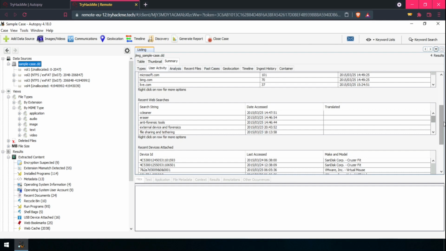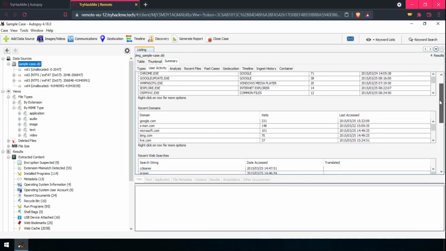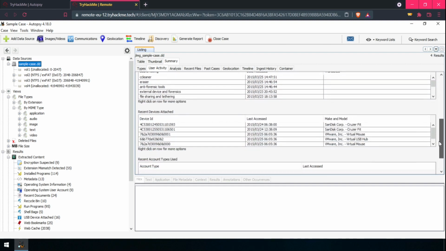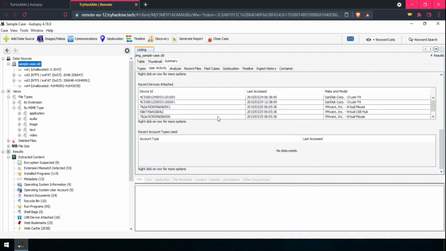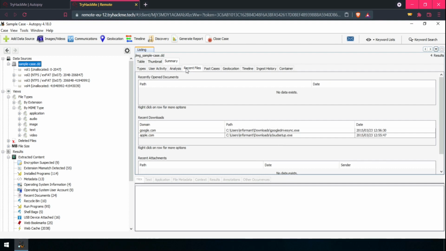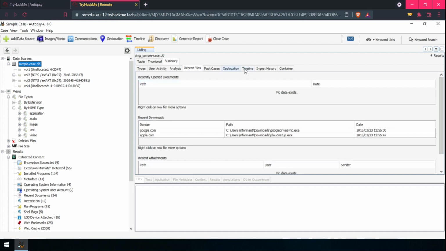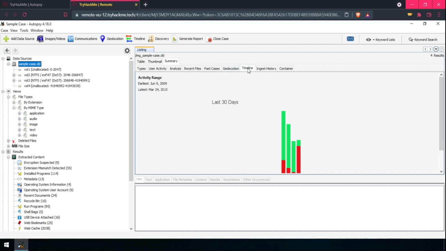There is the web searches, the recent programs, recent device attached. Okay, so it's not here. Recent files, there are not a lot of things given here. Past cases, we have not been given anything.